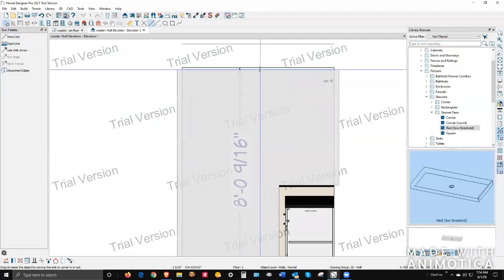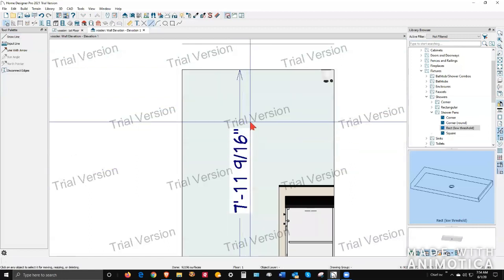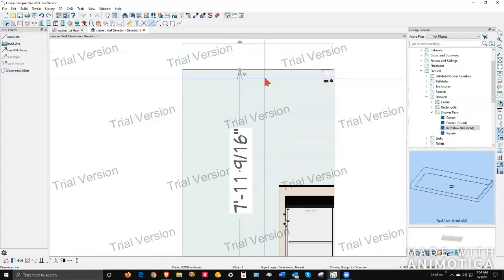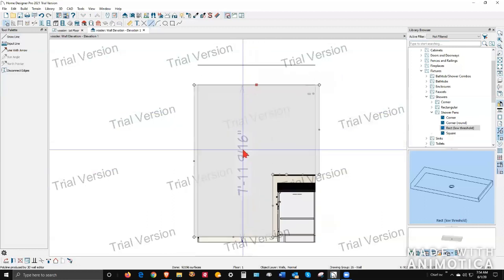See if I can get that precisely up. It's difficult without the dimension. I wonder why the dimension isn't working. It should. Well, it's just not. So I need to raise the top about